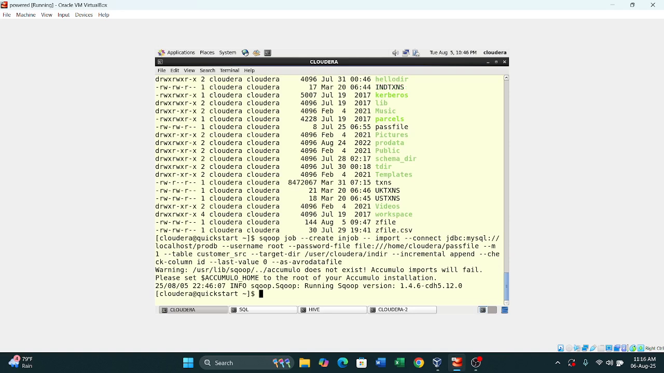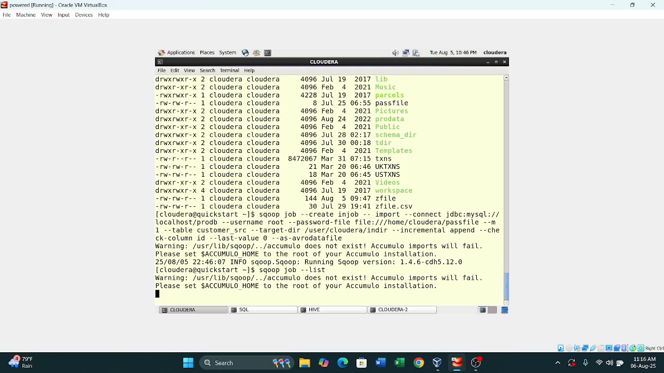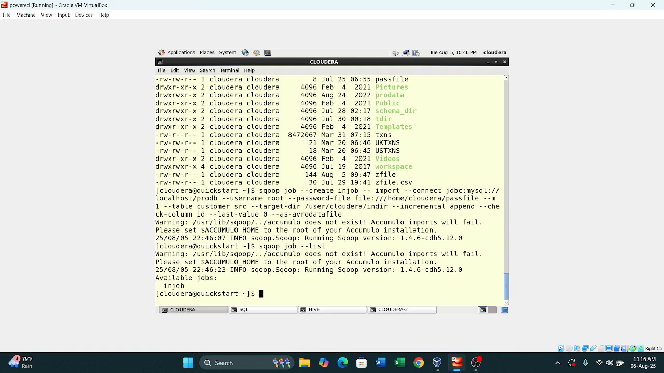So how can we validate it? Sqoop job hyphen list. You can see all the listed jobs will be displayed here. You can see our in job. We created our in job recently. Okay, now our job is ready, but our data is not imported right now in the hdfs directory, because